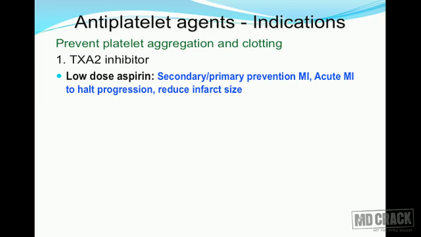Still, we give aspirin, and as far as possible a soluble or chewable aspirin tablet so that it can reach the circulation as early as possible. What's the purpose? This aspirin is given to halt the progression of the process which is going on inside. So if there's still platelet aggregation going on, then aspirin can go and halt the progression or slow the progression, and this ultimately can lead to decrease in the infarct size. So that's the purpose. So please remember, low dose aspirin for prophylaxis as well as during the acute attack of